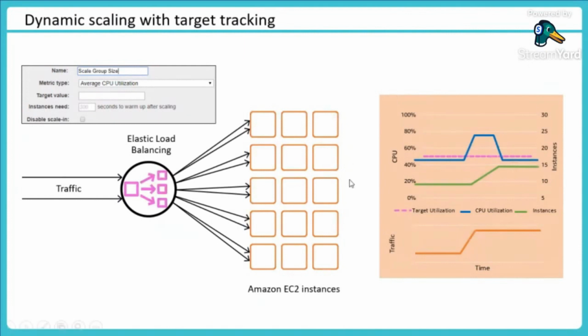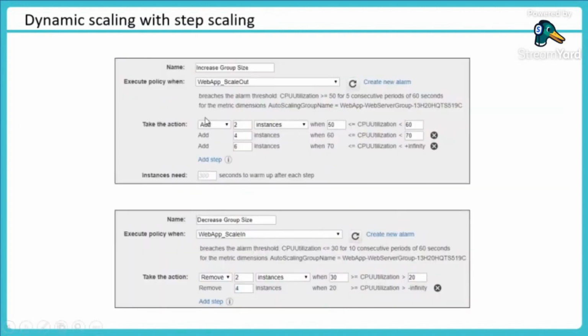Hopefully everyone is clear. Now, this was target tracking. Another policy we support inside this is called dynamic scaling with step scaling. How we do step scaling, let me again explain with an example. I lived in Dubai for a long time, and one night I reached home from somewhere and I found that a nearby building was having a fire. That was a restaurant, and there was a fire going on.